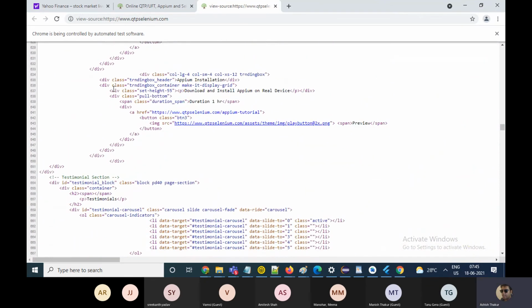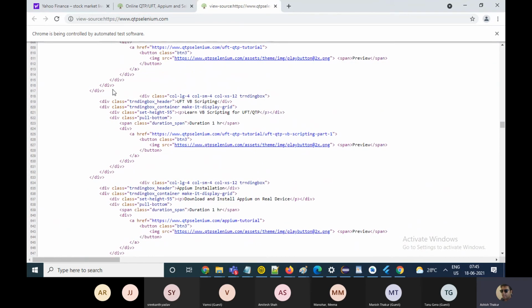This HTML code is nothing but a combination of certain tags and attributes. For example, there is a tag known as div over here, whose one attribute is the class attribute. The class attribute has got this value.